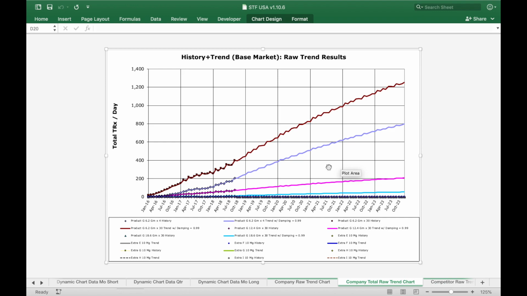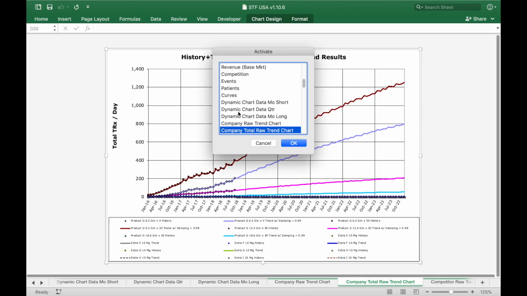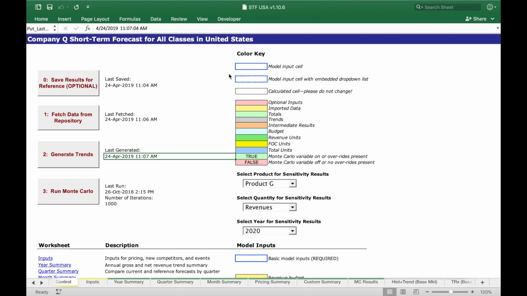Now the next thing we're going to do is see how the data has changed from our last trend, which was using data through July 2018. If you remember, on the Control tab, the first button that we pushed was button 0, Save Results for Reference. What this did is it saved a few of the key results from our previous trends, which only had data through July, and now we have data through September. So what we'd like to do is see how things have changed. If you go 3 tabs to the right to the quarter summary tab,